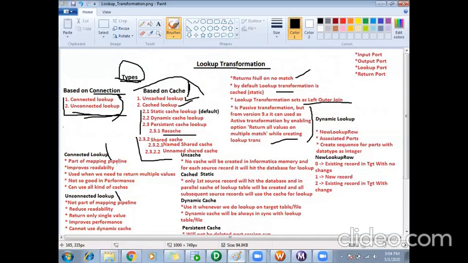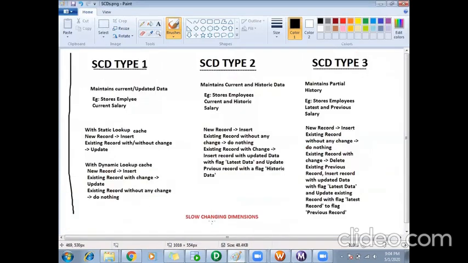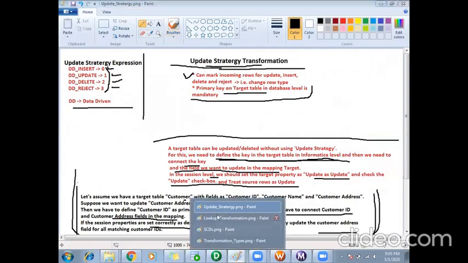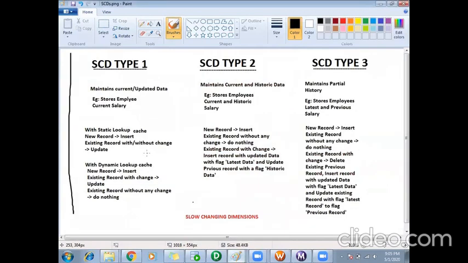Tomorrow we'll continue with the unconnected lookup, and then we will see the difference between connected and unconnected. I will be explaining static and dynamic caches in parallel with SCD types. Tomorrow, for maybe half an hour, we will cover the unconnected lookup. Then we'll jump into SCD types.